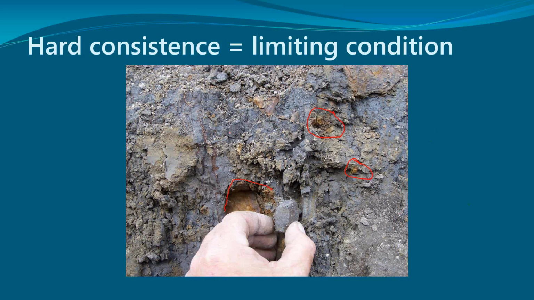If you didn't have a restrictive layer below that, it's still a limiting layer. Yeah. So, you mean like you dig below it? If it was only 6 or 8 inches thick, good question. Then you can do a sand line trench, right? But not in this picture because of the mottling. But if it was just because it was hard, John, good question, then you could, shall we say, break through it. If there was sand underneath this, for example, which can happen, that's what a sand line trench is for. Yeah, good point.